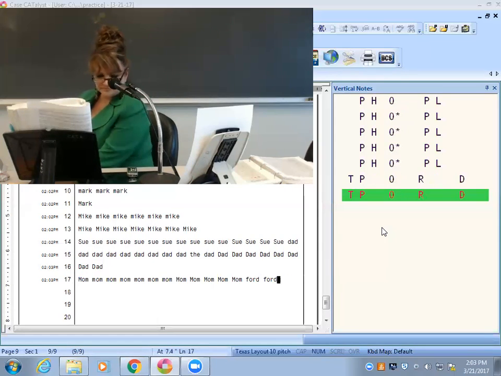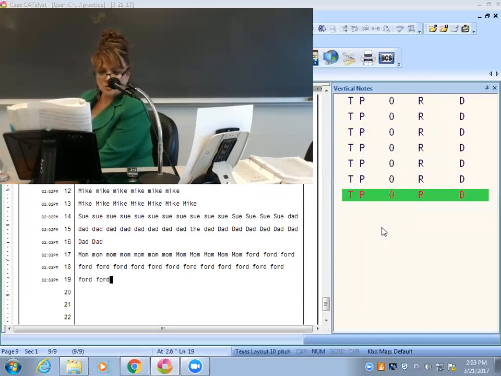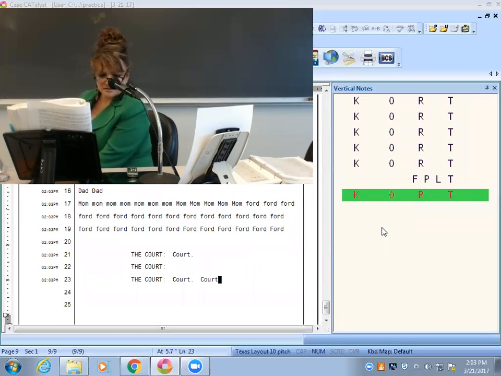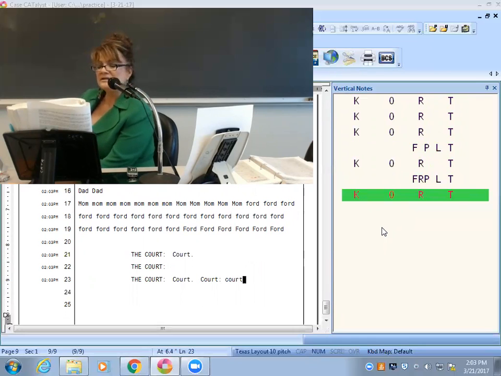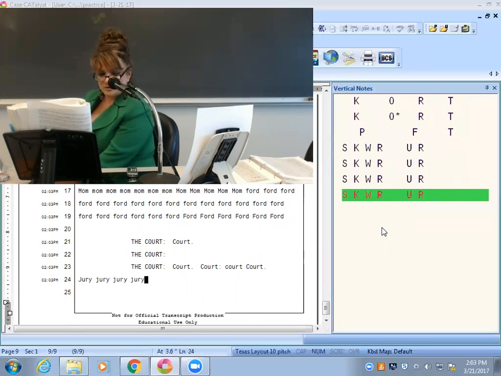You've got Ford, F-O-R-D for the Ford car, or an old Ford. He had an old Ford. And then Ford for President Ford, capitalize it, put the asterisk. You've got court, K-O-R-T. Okay? Court, lowercase, K-O-R-T. But let's say the judge, you want to replace judge in that sentence. The court made its decision. Then you put the asterisk in because you want Court capitalized. You've got jury, J-U-R, but when you want it capitalized, you add the asterisk, okay?